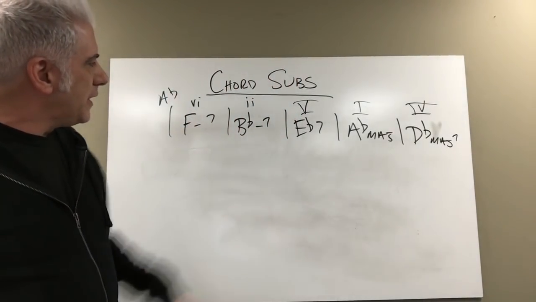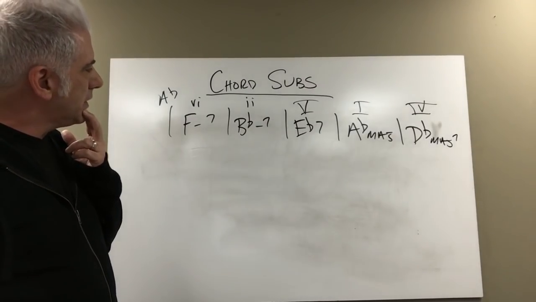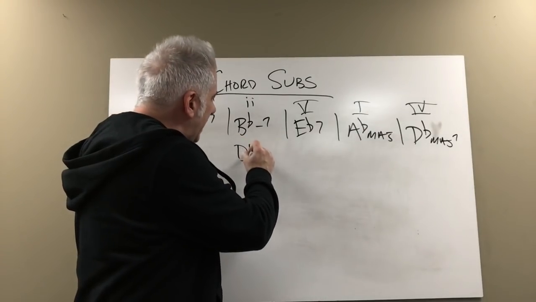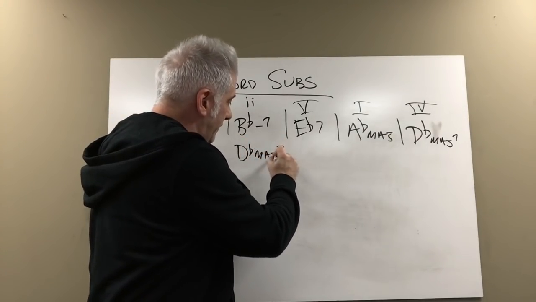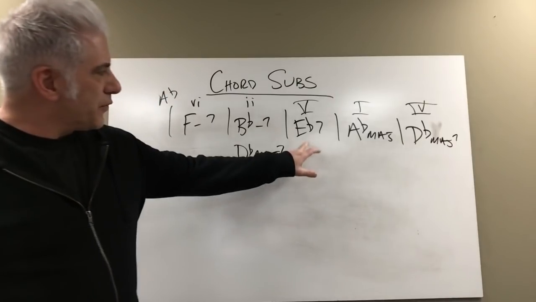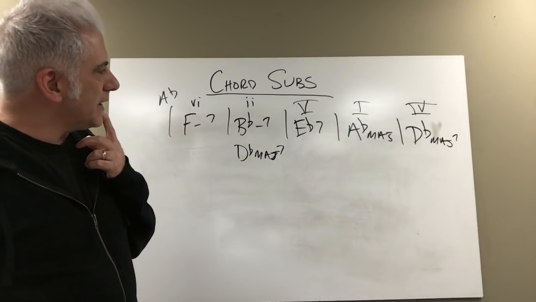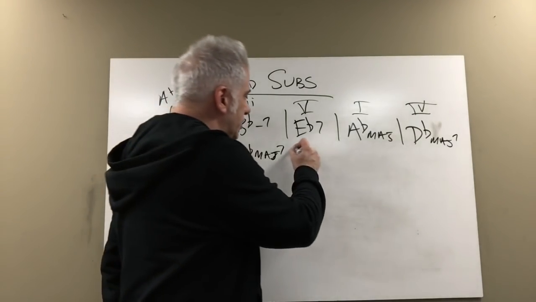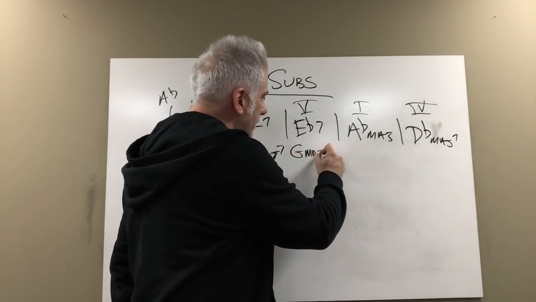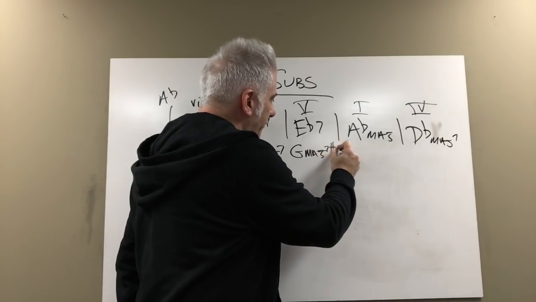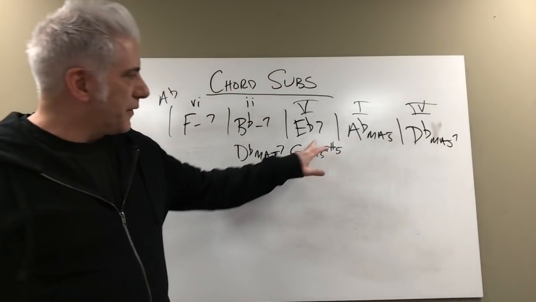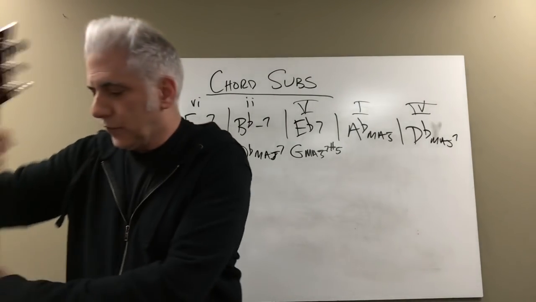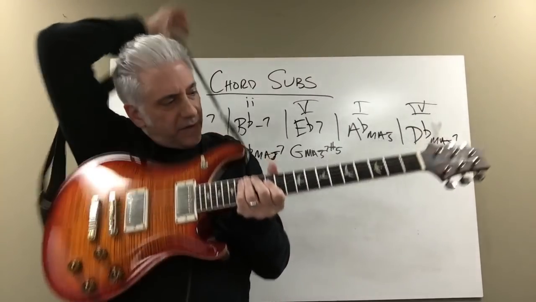But I could also take certain chords in here and ask, what could this B flat minor 7 be? Well, I could substitute the relative major, D flat major 7. And then for this one, I could go off the third and go G major 7 sharp 5. That's built off the third of that. So if I have this chord here, E flat 7,